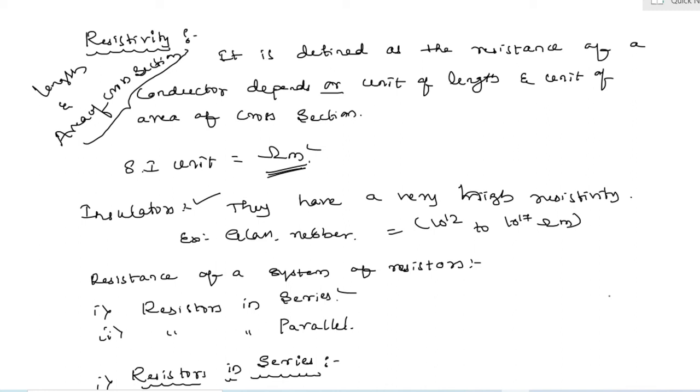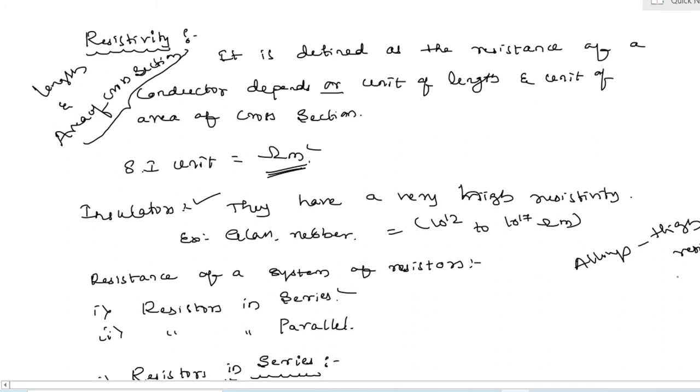Alloys are termed as what? Alloys have higher resistivity as well as their constituent metals. Alloy means a composition of more than two metals, and also, my students, they do not get oxidized